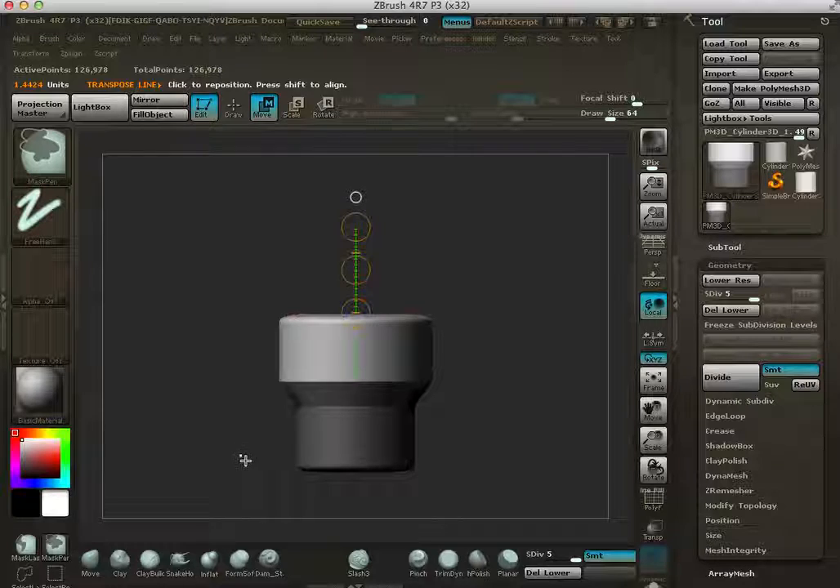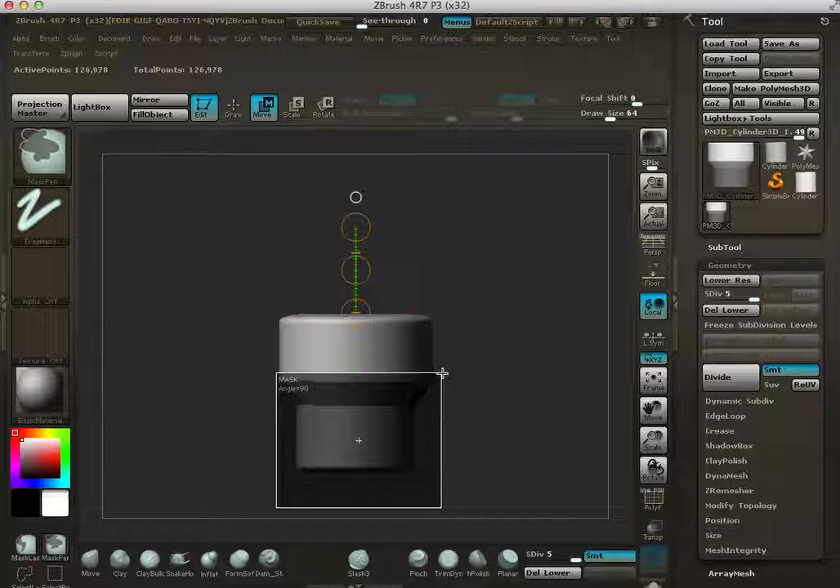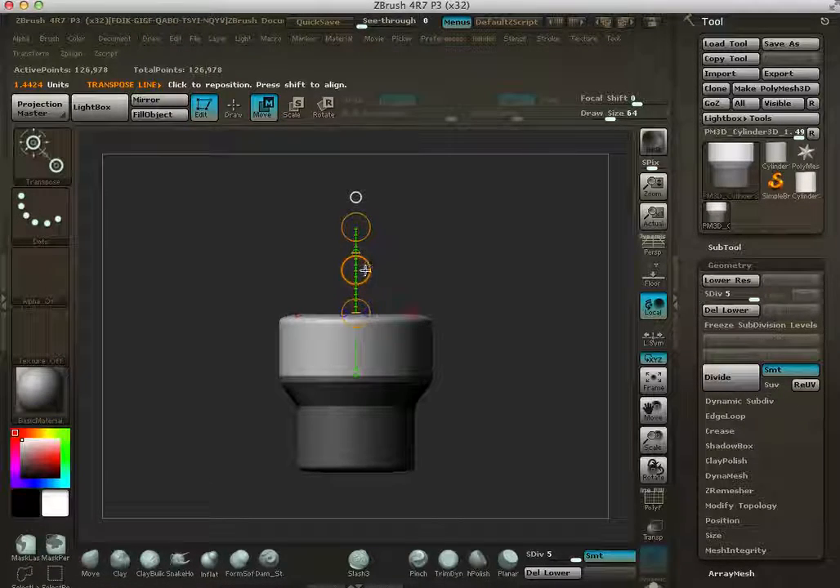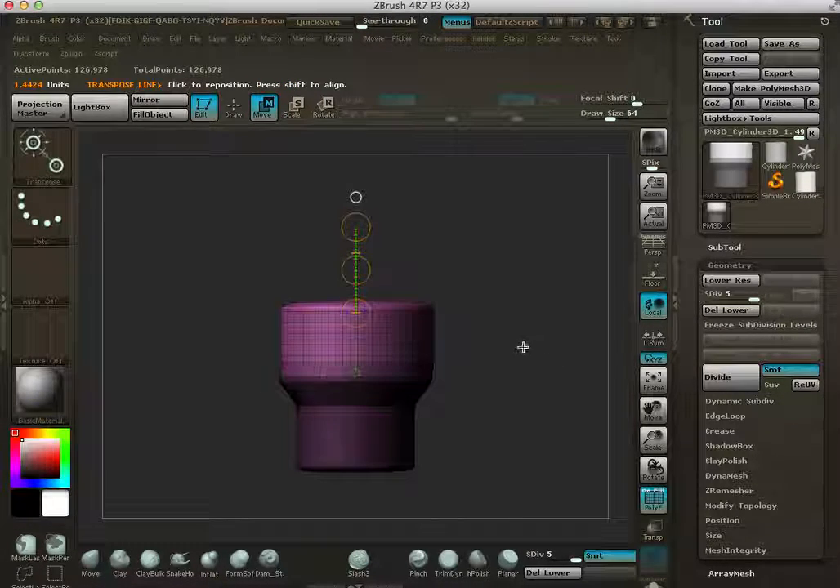Oh, we need to mask again. So Control, drag in an empty area. And I'm going to drag out another mask. And then I'm going to hit Control. And you can see it breaks away right there. It gives me an edge loop when I hit Control and then start to drag. So that's really important. If we turn on the wireframe,